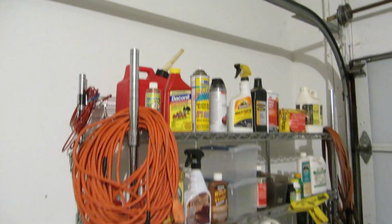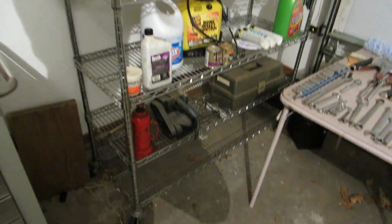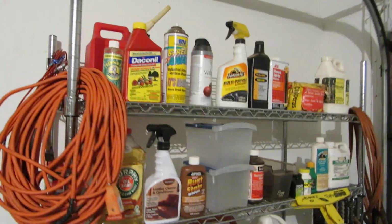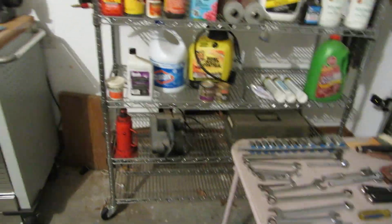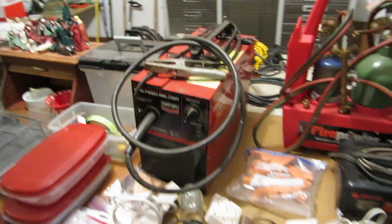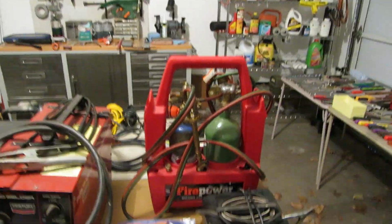And over here on the chemical rack, lots of chemicals. And this little rolling rack is really nice. This rack you can roll all over around your garage. It's one of those extra wide ones, so if you have long items to store, it's really handy for that. And over here we have a wire feed welder, and we also have a cutting torch system. And